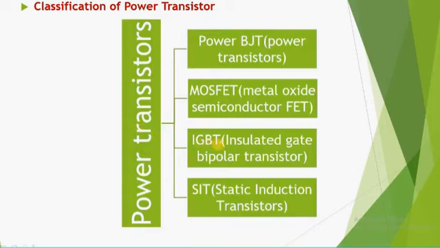Next is IGBT. IGBT is the combination of power BJT and MOSFET. It has high input impedance and low losses. IGBT is normally used for power electronic applications like converters, inverters and power supply. Last one is SIT, that is static induction transistor, a 3-terminal device with high power and frequency. The main advantage of SIT is that it has high voltage breakdown in comparison with FET.